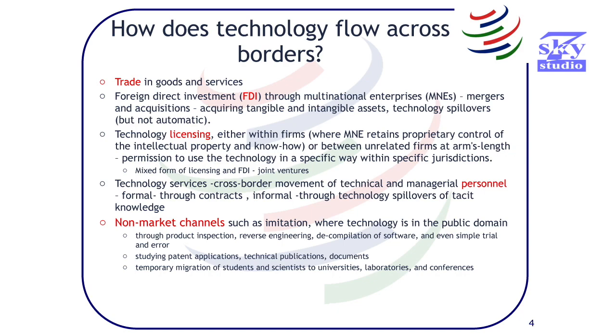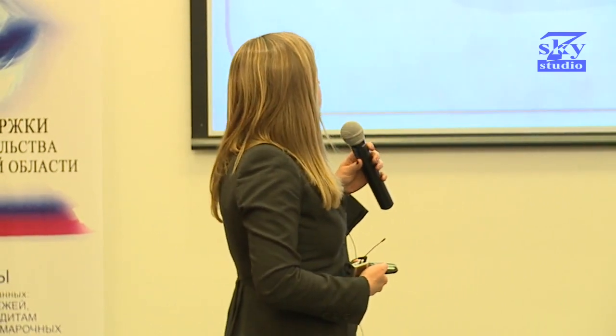Then the most formal way of transferring technology, and this was the subject of a presentation just before the break in one of the sessions here, was licensing. So here you have a well-established IP right, and the technology is then licensed out by providing a third party with the right to use the technology and to use the property right, the intellectual property right. Obviously, the most salient case here is licensing out of patents.